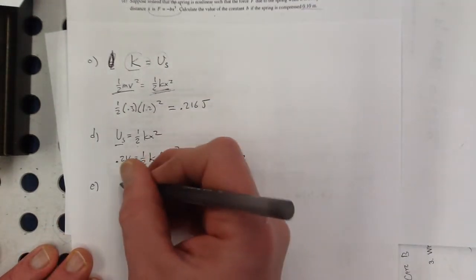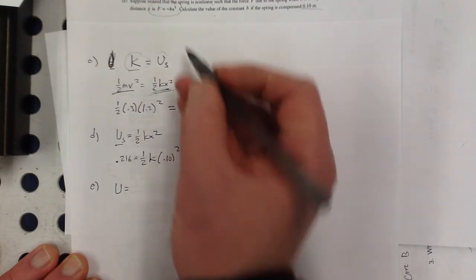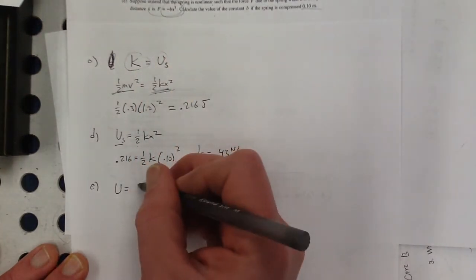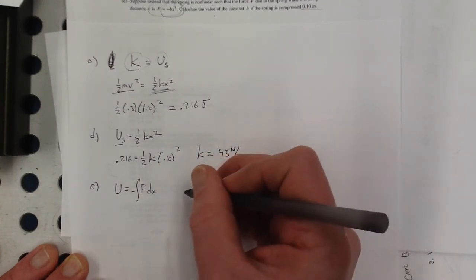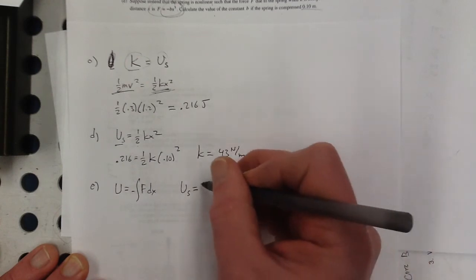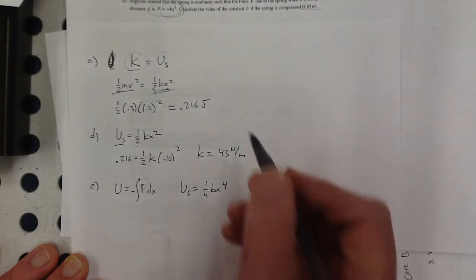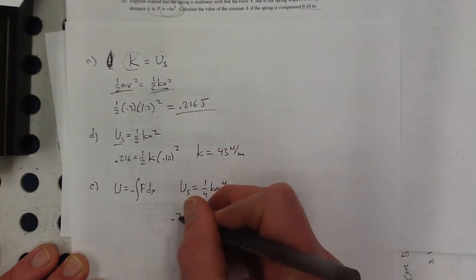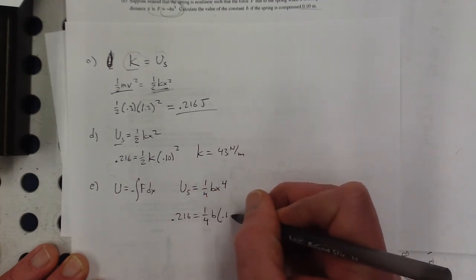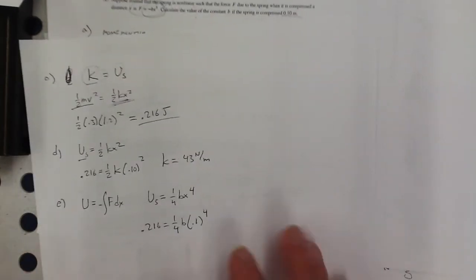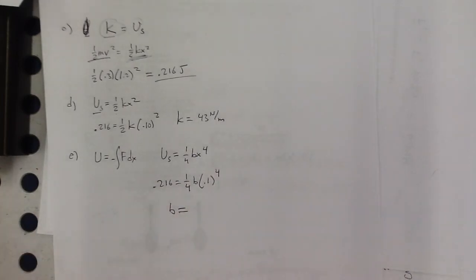So we need to remember that our potential energy function is the antiderivative of this, and ditch the negative sign. So here, that potential energy function is going to be 1/4 bx to the 4th. And we have the same amount of energy, so 0.216 now is equal to 1/4 b times the same compression to the 4th. So that constant b will be equal to,